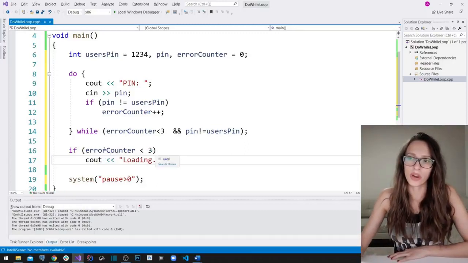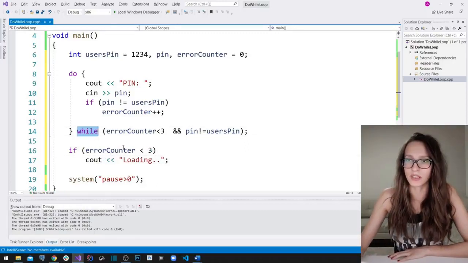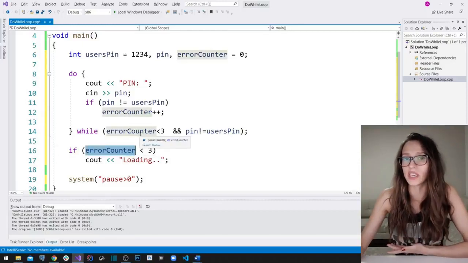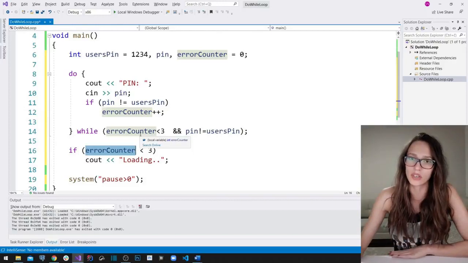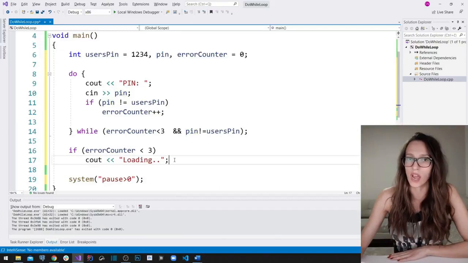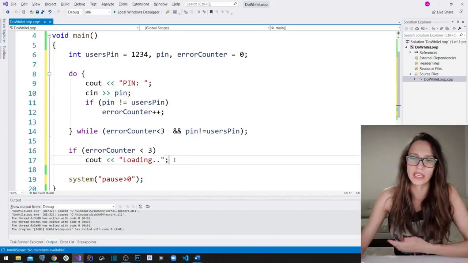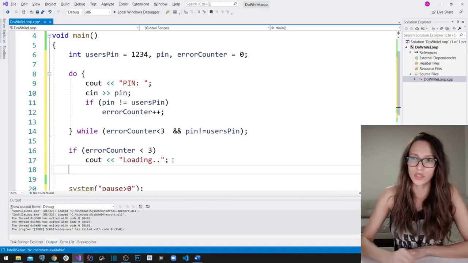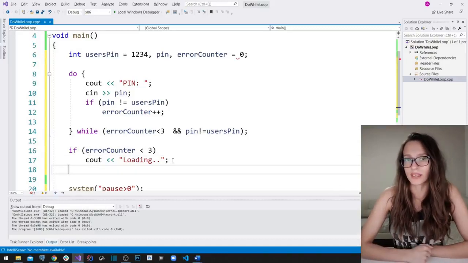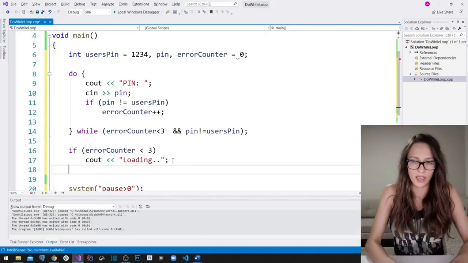But in a situation where our while loop has been left because this errors counter is greater than 3, actually it is going to be equal to 3, that means that our user has failed in guessing his PIN 3 times, and that means probably that he's not trying to unlock his phone or his credit card. So in that situation, we are really going to block that account. So we can say else